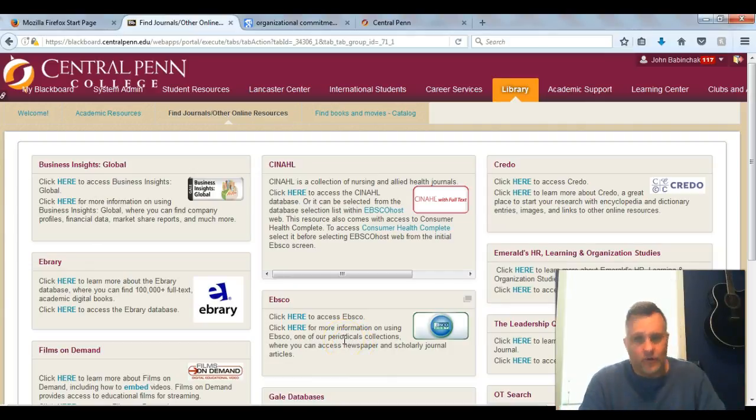And when you click into there, you'll have a search bar, just like you normally would in Google, and you type in organizational commitment, and it's going to give you a whole host of articles on organizational commitment. Again, this may take a little longer than going to Google Scholar, but if you're writing a more lengthy paper, you're definitely going to find a lot more of those articles in here than you would in Google Scholar. So this will take you down a little bit of a different path, but a much more rich and robust path in terms of the types of information you're going to get.